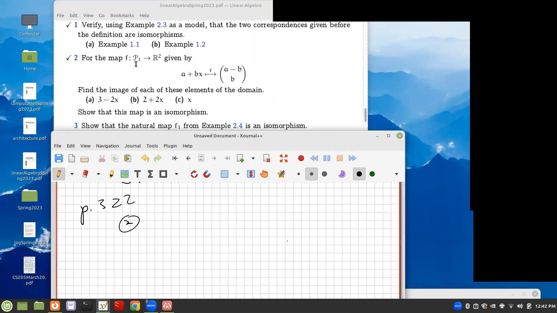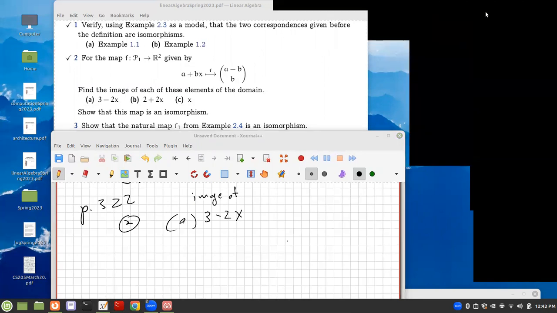We have a map from P1, linear polynomials, to R2. What's the image of the vector 3 minus 2x? Find the image. Why don't you try that, see if you can write it out, and then in the next few minutes